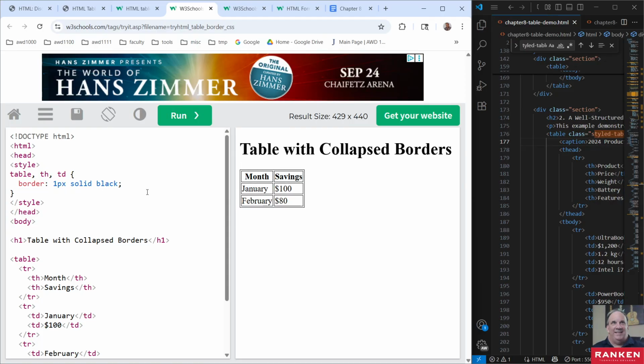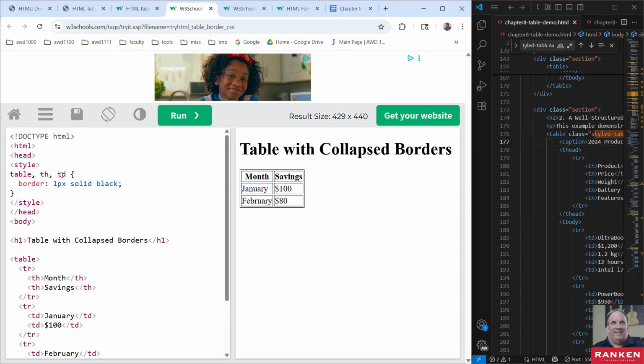What happens here with a border, the border is going to be associated with each table heading and each table data. And so it's going to be kind of doubled up, right? And to some people, you may want it to look that way, but for most people, in most situations, it's probably a little cleaner to